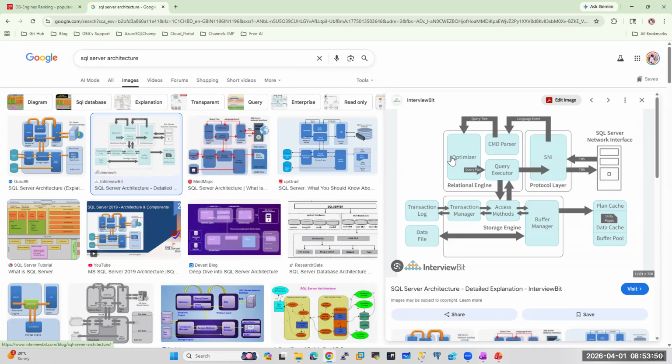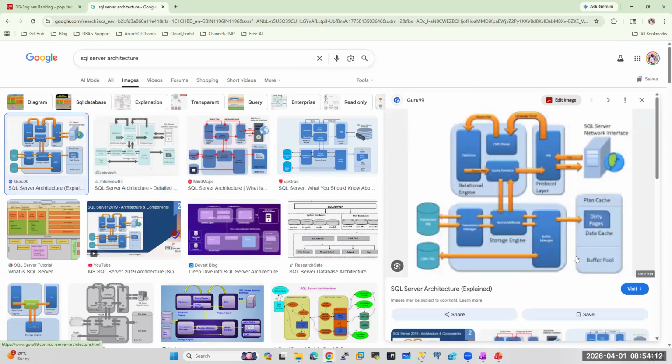Under the relational engine you see the optimizer, command parser, and query executor. Under the storage engine you see the buffer manager. Under the buffer manager, you see the plan cache, data cache, and buffer pools. You also see the access method, transaction manager, transaction log, and data files.